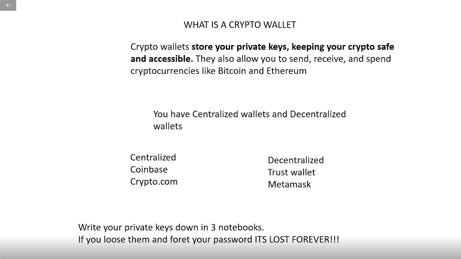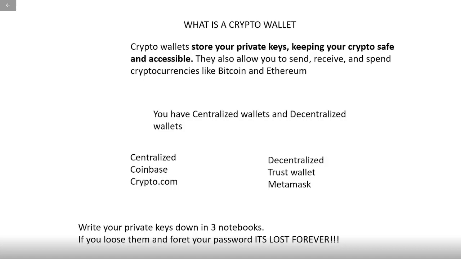So you do not want to lose these private keys, or give these private keys out no matter what. Nobody should ever ask you for your private keys, not customer service, not anybody. That is something that is between you and the creator. Once you give up your private keys, your crypto can be stolen at any time. Whoever has the private keys has access to your crypto wallets and thus has access to your funds. So you do not want to do that.